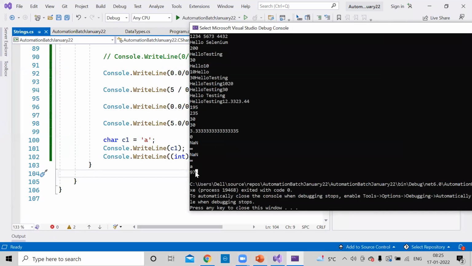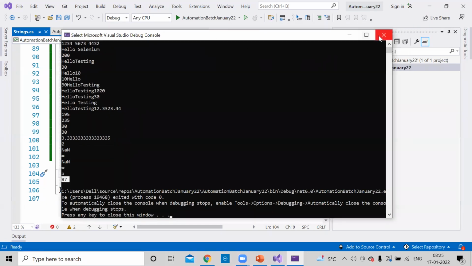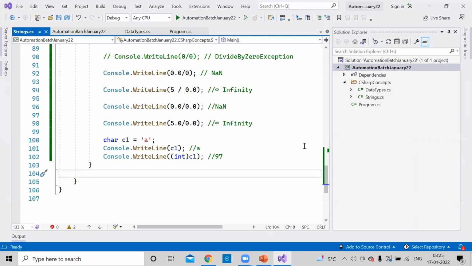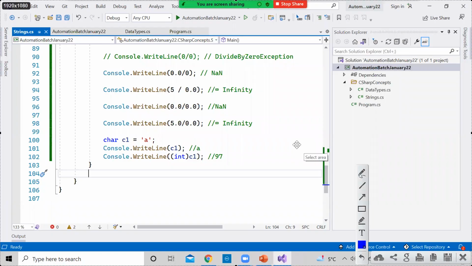So the concept is, you got 97 exactly. Initially the output was A, and here we have converted this A into an integer, and the value is 97. So how is it internally working? Let us say, for example,